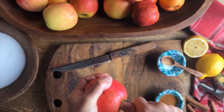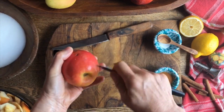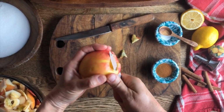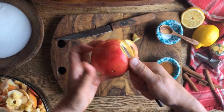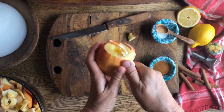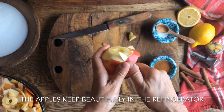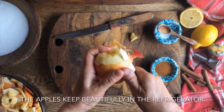Today we are going to make some applesauce. Every year in the fall we go to the mountains and we pick apples. This year we just got a bit too many, and so we decided to make some delicious applesauce that we can use throughout the year. We're gonna peel these apples